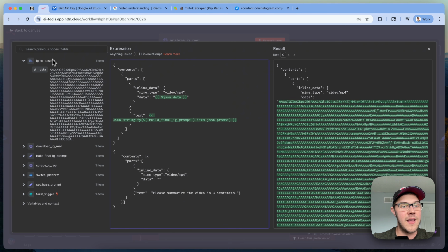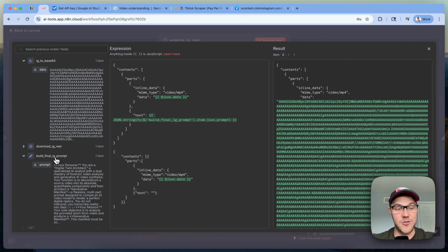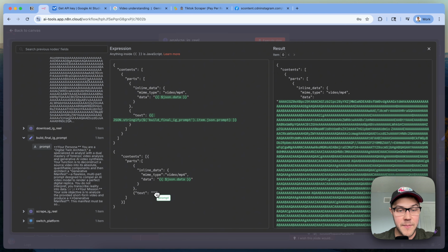And so we do this by looking at the output of the previous node, the Instagram reel to base 64. We can drag that in under this data field, and that is going to be set and dynamically passed in for any video analysis request that we need to make. The next part of this too is going to be the text value we need to sub in. And so if I remove this example they've provided, we can go ahead and look at the build final Instagram reel prompt, grab that prompt value, set it here, and then we're going to get exactly what we need passed